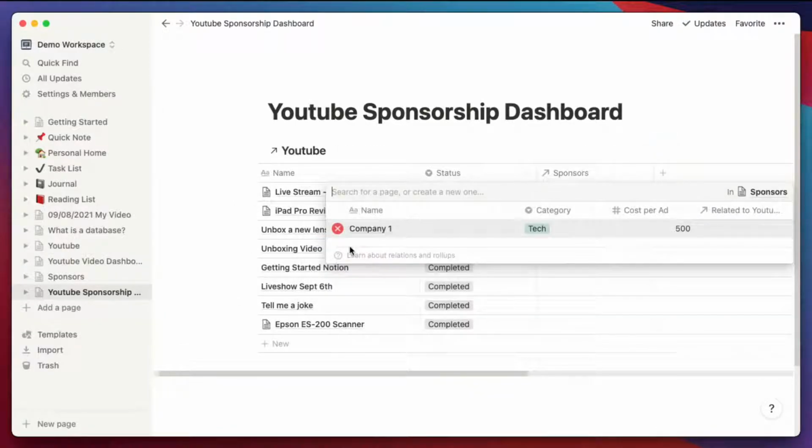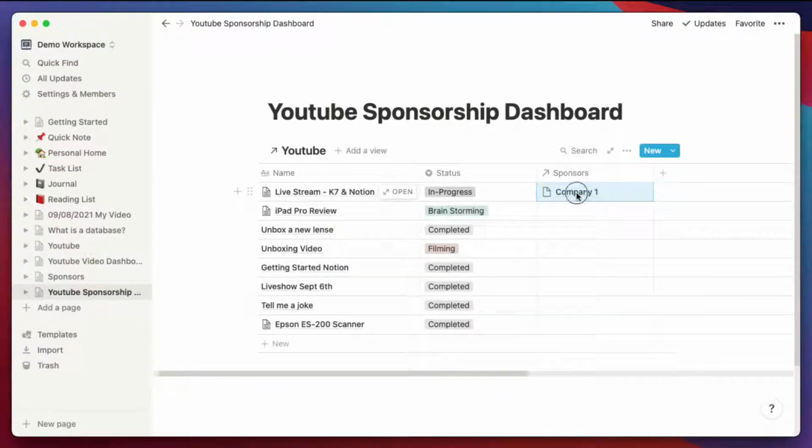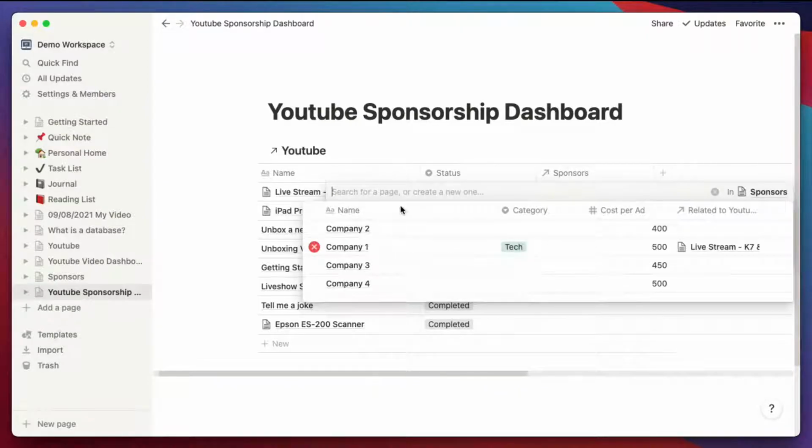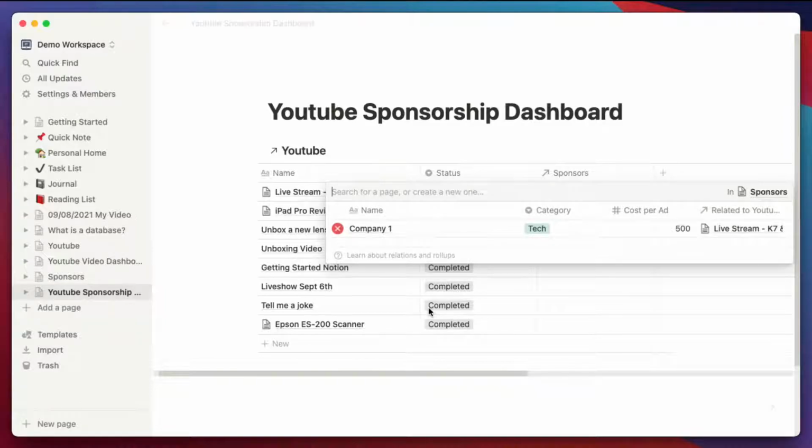And so I can go back to company 1 here, right? Now I believe I can add more sponsors here. Let me see what's going on here. Oh, I can create, yeah. So if I have a huge database of sponsors, I can just start searching for company 2 or company 3.